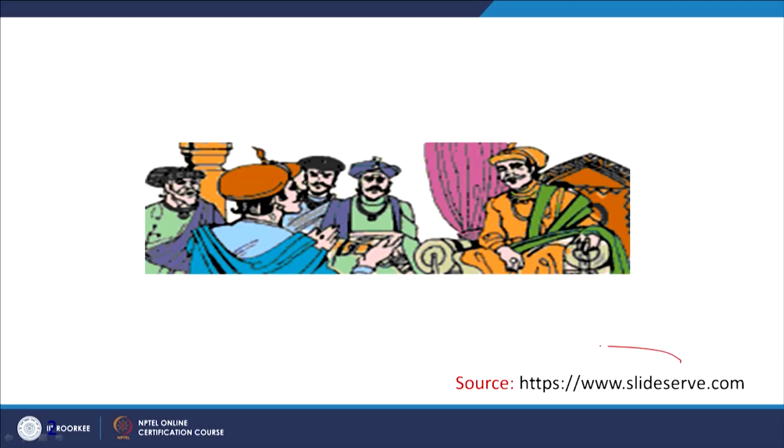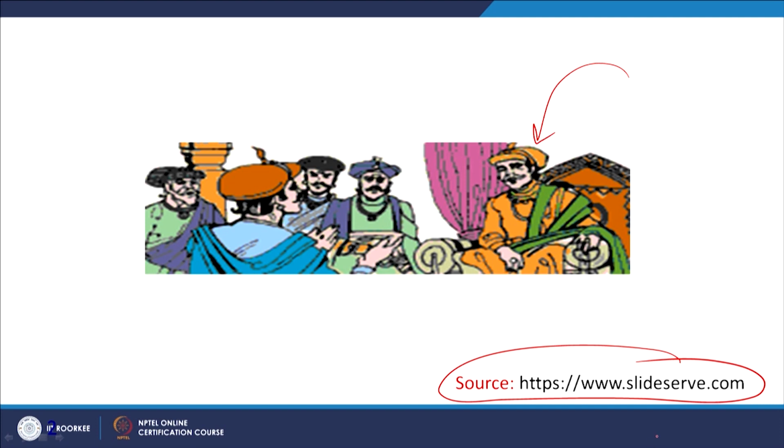And today we are going to take an example in which a sword is being designed, the materials are being selected, the manufacturing processes are being selected, and there are modifications in the design of the sword in order to reduce the cost, in order to optimize the cost of the sword. So let us take this case study. It is available on the internet. This is the source, you can note it down, freely available: https www.slideserve.com.